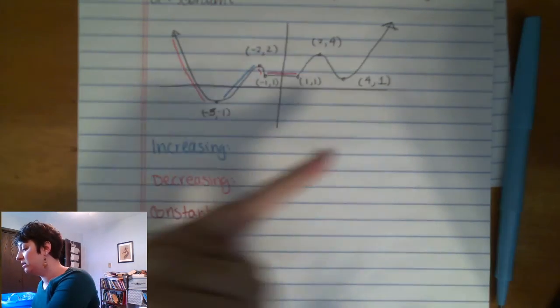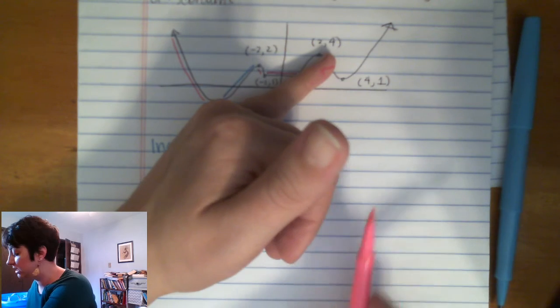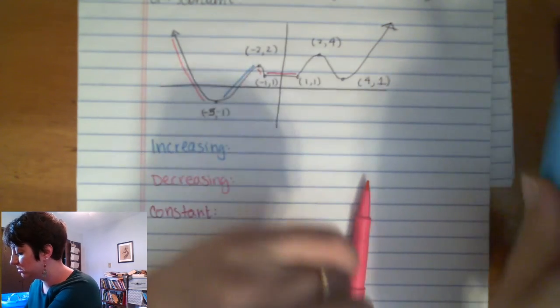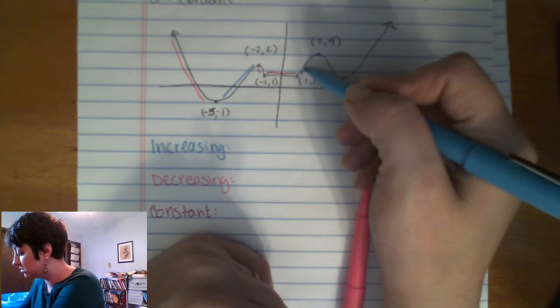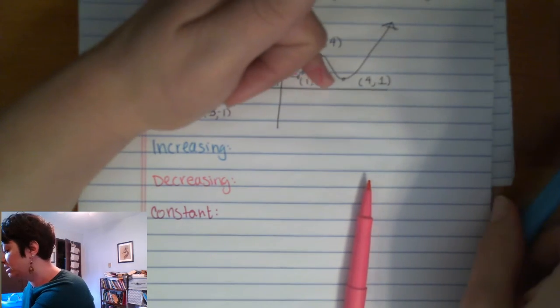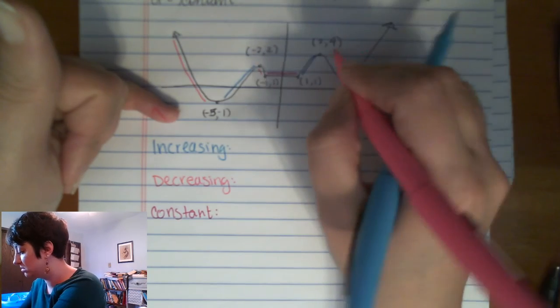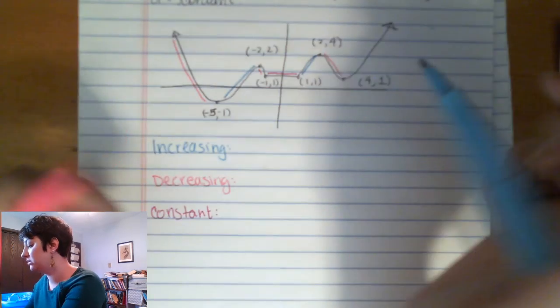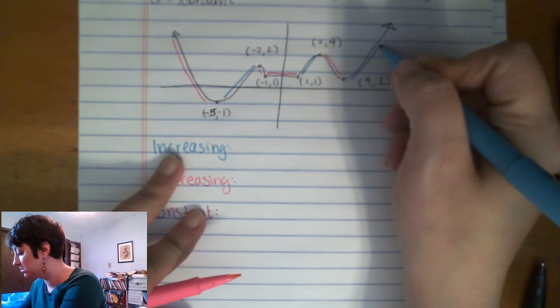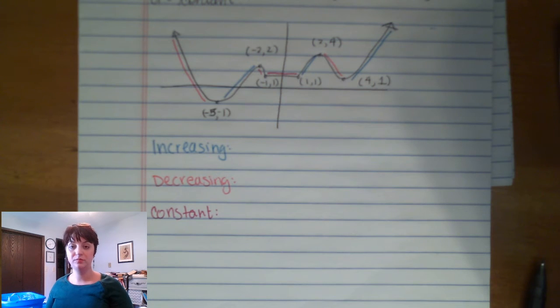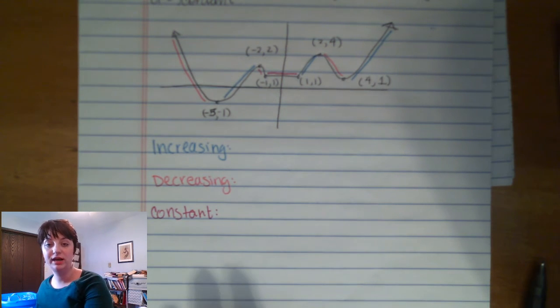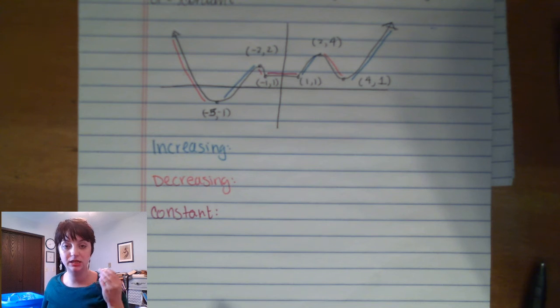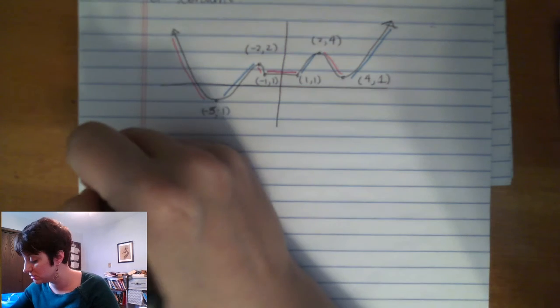Okay, then increasing, decreasing, and increasing, right? Okay, so anything blue is increasing, anything pink is decreasing, anything magenta is constant. Since I only care about x's,